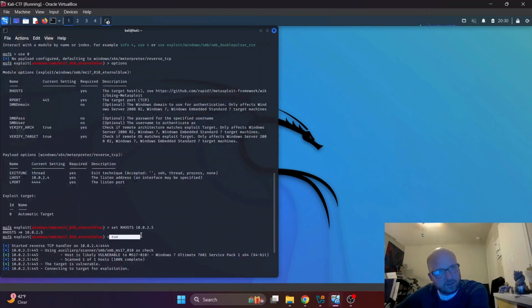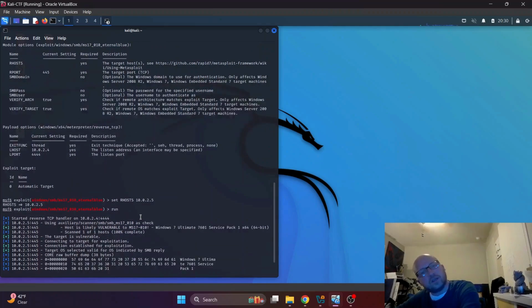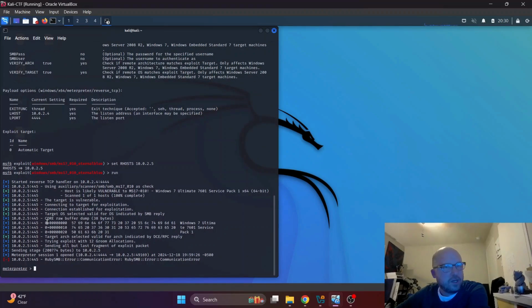Once that's done, just run the exploit and you'll see a whole bunch of stuff pop up, and it might not work the first time. You might have to try it again, maybe close the window out and do it again. Sometimes it doesn't work. It will eventually. This opens up a meterpreter console, or